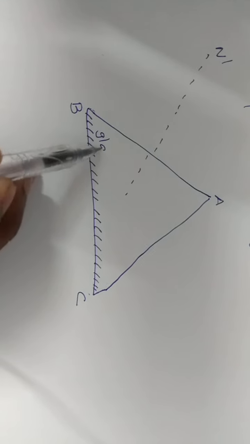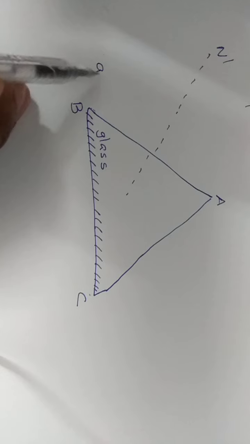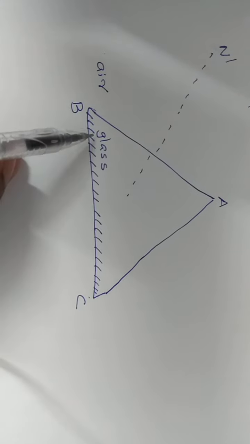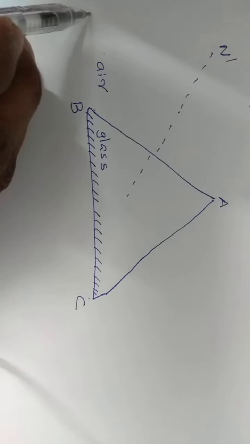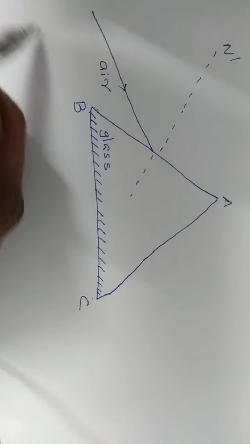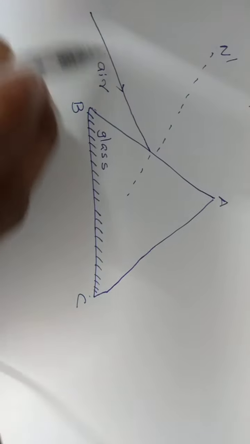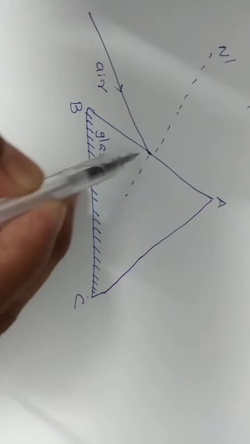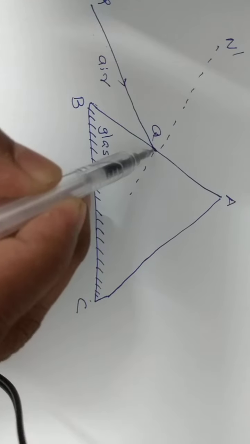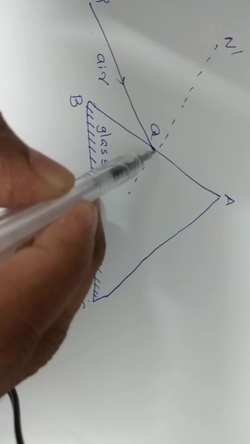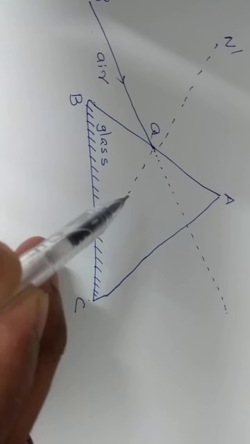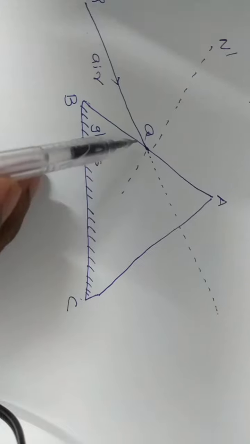Prism means it's glass and this region is air. Air means rarer medium, glass means denser medium. So we know that when light travels from rarer medium to denser medium, the light will go, and at this position we can write P and Q. The medium has changed. If the mediums were the same, the light would go in this path. But we know that at this position there will be some change